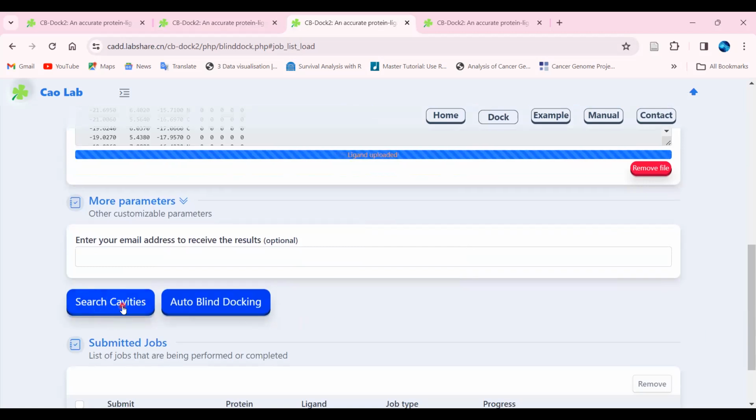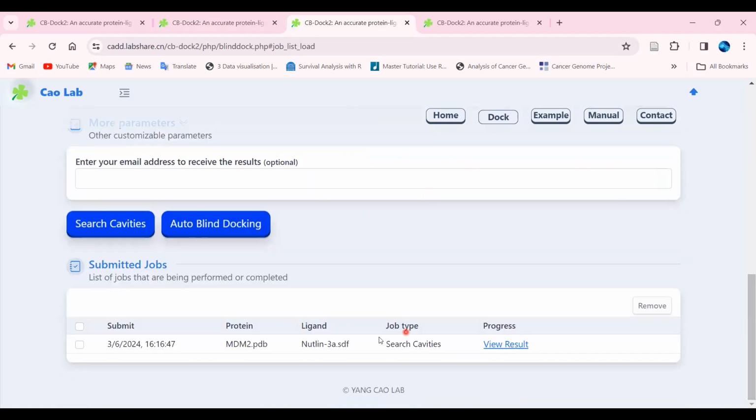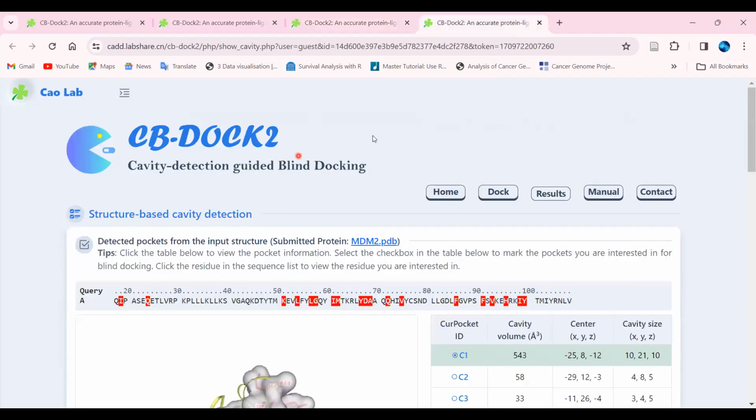Once you click on search the cavity, it will take another 1 or 2 minutes to launch your results. So be patient whenever you upload both files, and just wait for 2 to 3 minutes for the results to launch in front of you. A while ago, I submitted the results a few minutes back, and you can all see that the results have appeared over here. You just have to click on view results, and it will show you this page that gets launched. Basically this is our result based on the input PDB as well as the drug file.